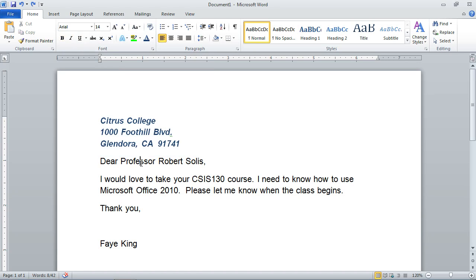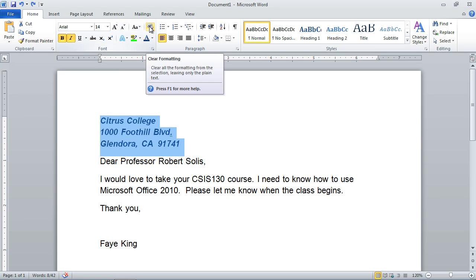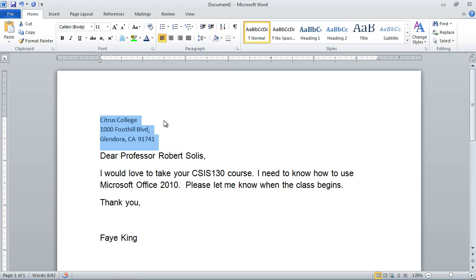Hey, what about this? What if I don't want any of these formatting changes? I want to go back to the text that I started off with. Well, again, I'll select the entire address, and that's what this button does. It says clear formatting. So if I click this, now you can see I'm right back to the original text that I started off with, which was Calibri 11 point. No bold, italic, underline, no font color change, just simply a